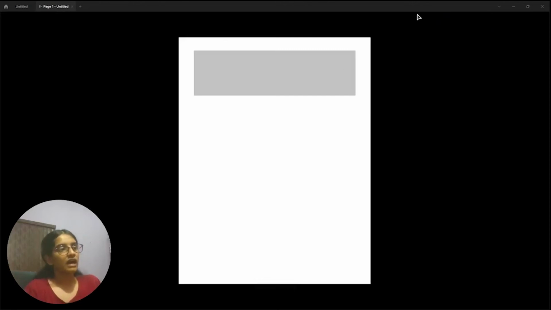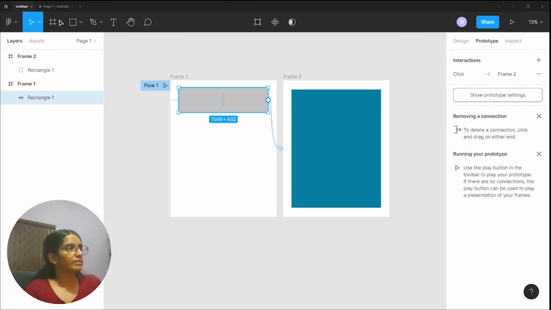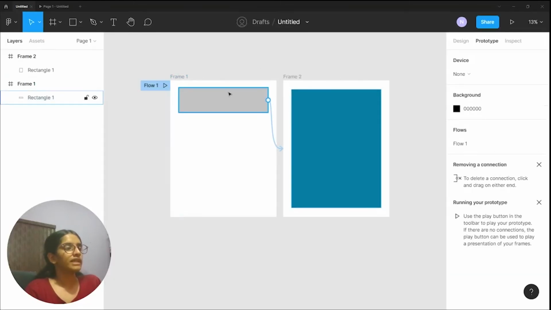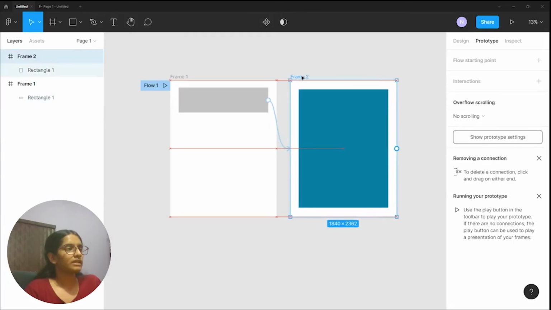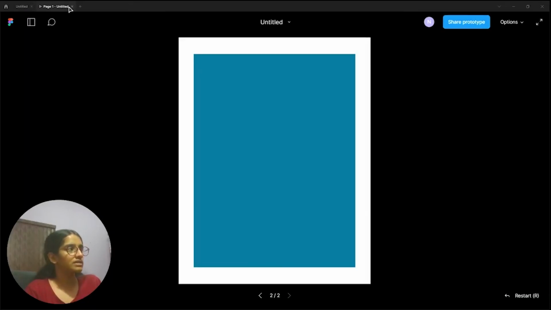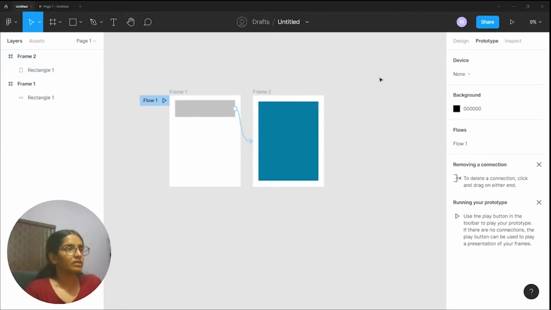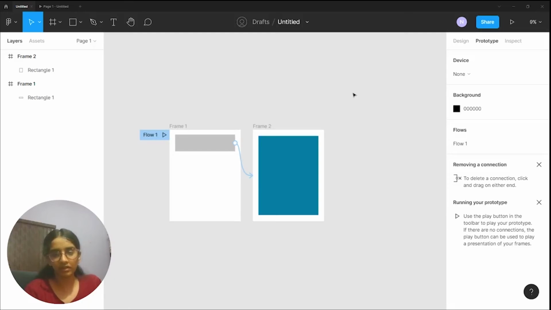Alright, so right now we have the frame, the artboard that we created, the two frames. And right now I'm just going to hover over my rectangle, and you can see when I hover over my rectangle, my cursor also changes. So when I click on it, my rectangle changes into a blue rectangle. If I take you back to my canvas, you'll be able to see that when I click on this particular element, I want my other frame, the rectangle, to expand and to turn into a blue color, which is exactly what is happening right here. So when I click on this element, it changes into a large blue color. Okay, so now that is it for the prototyping section.